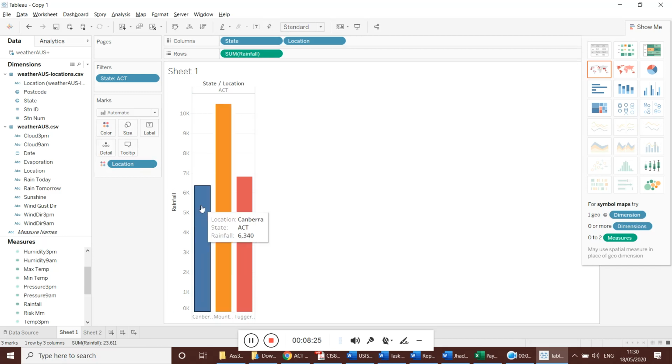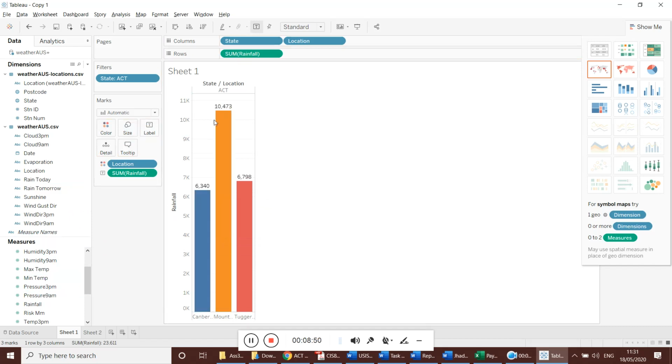Now I want to add text on these values. You can see that we call it a tooltip. Whatever location, state, ACT values are showing, we call it a tooltip. When we hover on the selected graph, we get that kind of data. Now let me use rainfall and take it onto text.